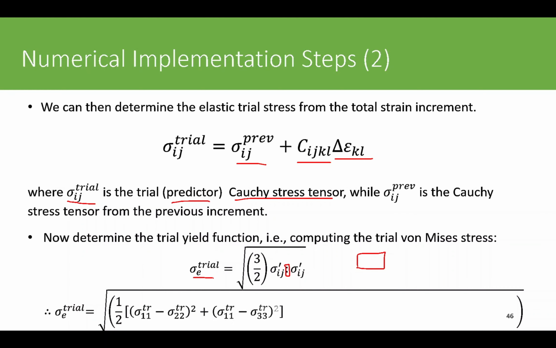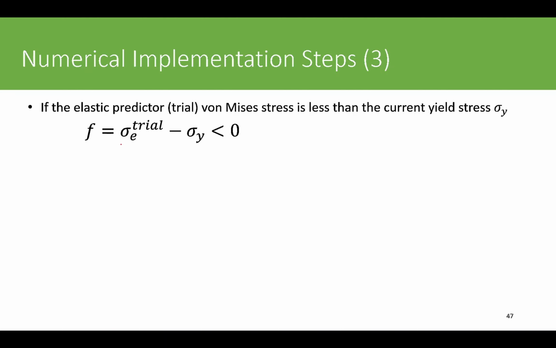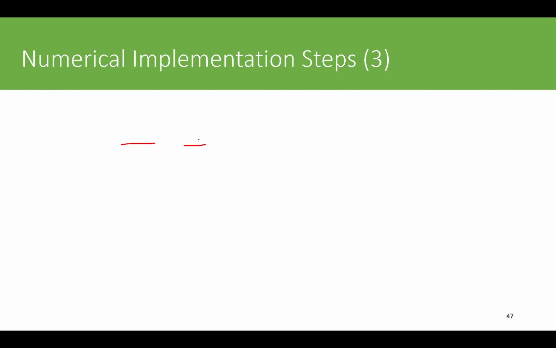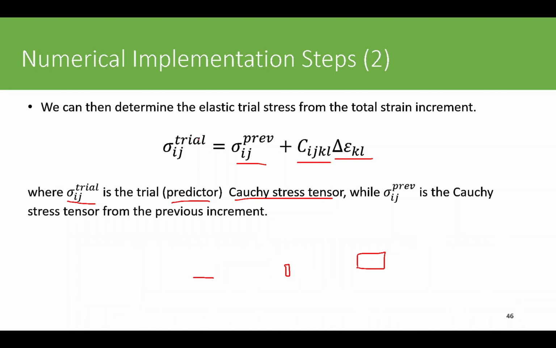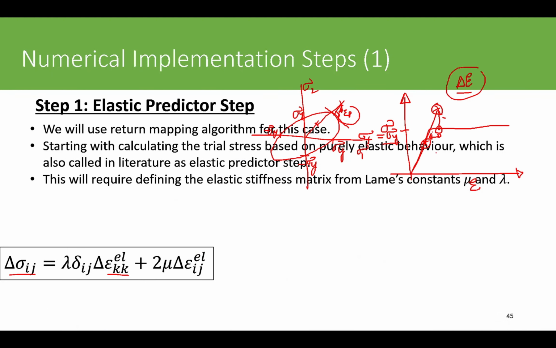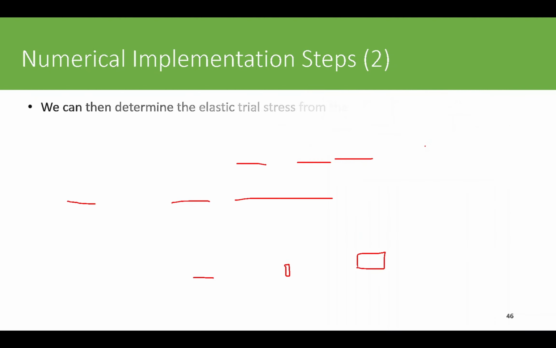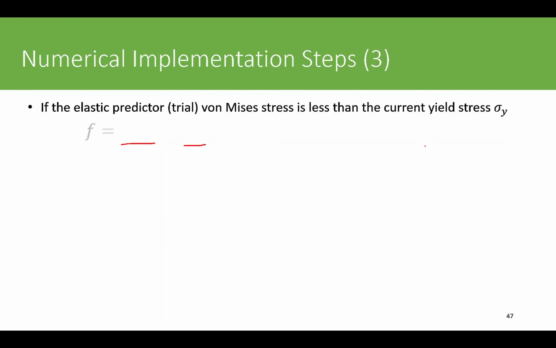And in terms of expansion, after you expand it in terms of individual components, you can write it down in this form as well. So if you are confused with the tensor notation, you can directly use this relationship, if you know all the components of your stress tensor, to calculate the equivalent stress, which is coming from the trial state. Once we have the equivalent stress, this scalar number, we subtract the yield strength from it, and if it is less than 0, then as I explained before, we are in the elastic zone somewhere. So we don't need to do anything,